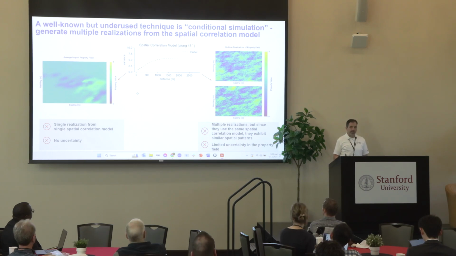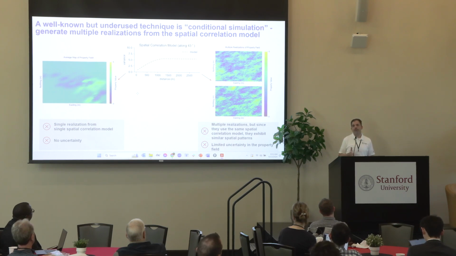If we take a step beyond that classical Kriging approach, though, you can use what's called conditional simulation, and you can generate multiple realizations that are equally likely, all equally consistent with the observations that have been made, but give you different pictures of what might be happening away from all of your observations, right? And so you can see two examples of that on the right. Those two pictures look a little different, but they're exactly the same at the points where you've actually got observations.